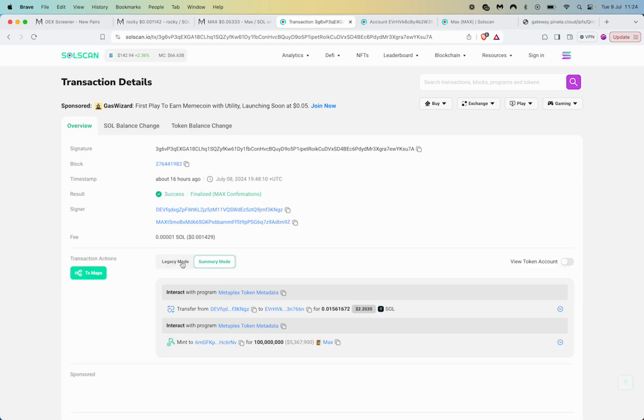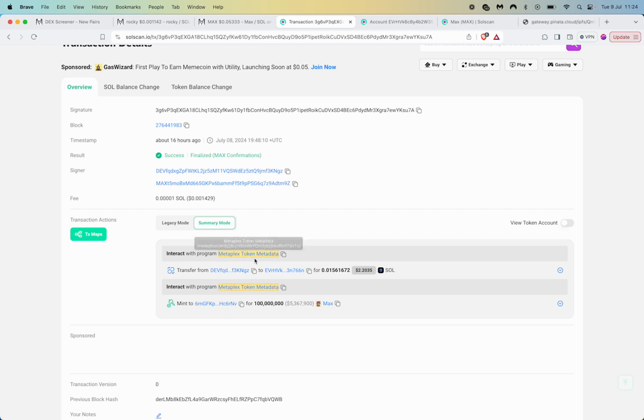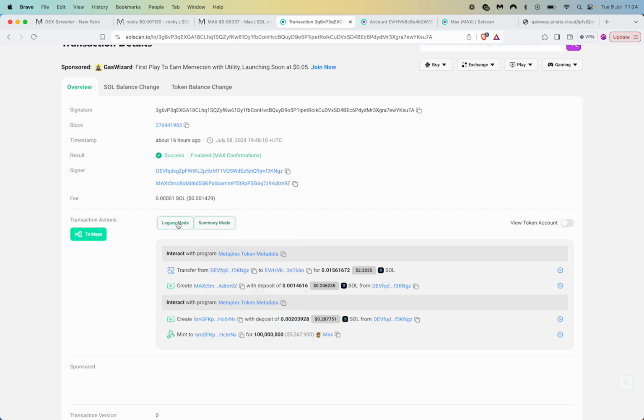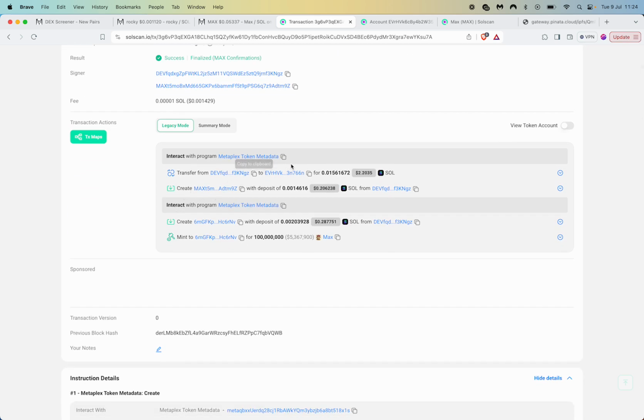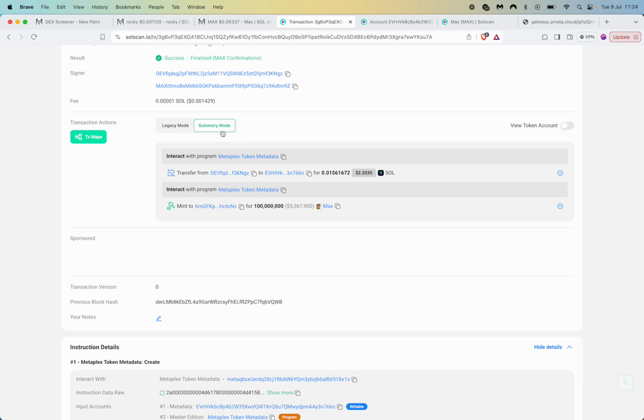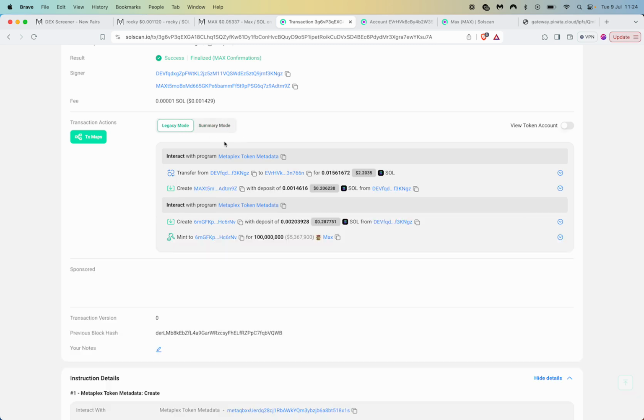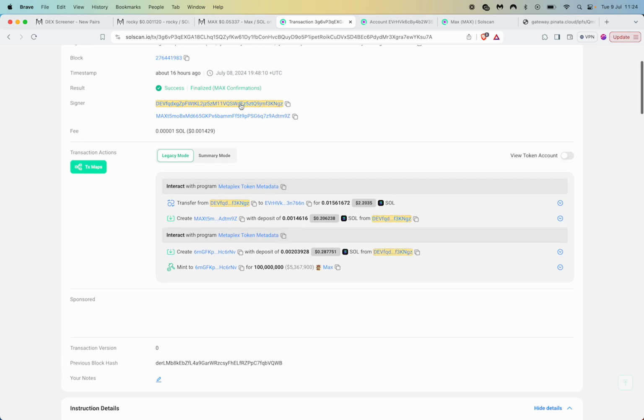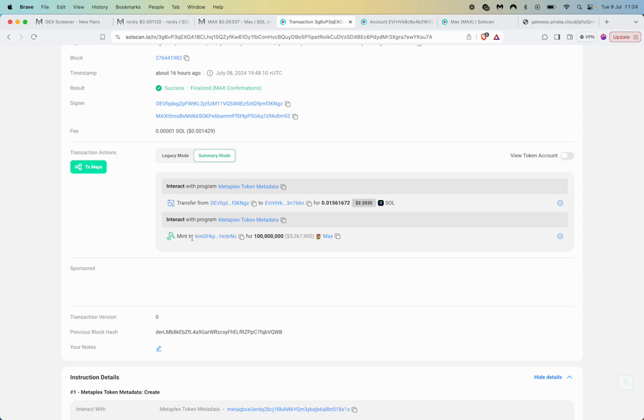Let's go and see what happened here. So we can see he paid this amount, and in return he got, wow, okay, so it's now worth $5 million, but at the time it was 100 million Max. Yeah, summary mode if you're kind of newbie, legacy mode if you understand a bit more. But this is his wallet, so you can see he paid, he created the Max token, and from there it was minted to